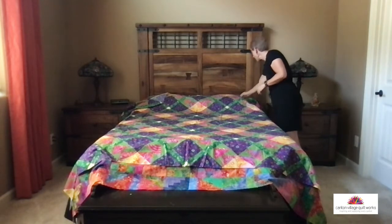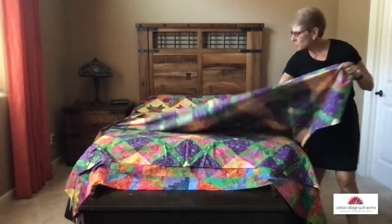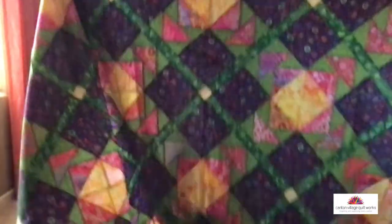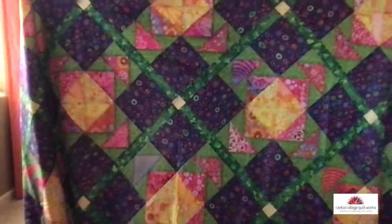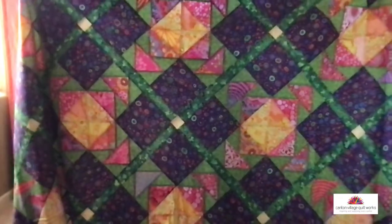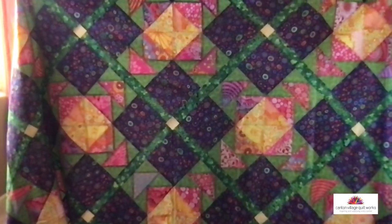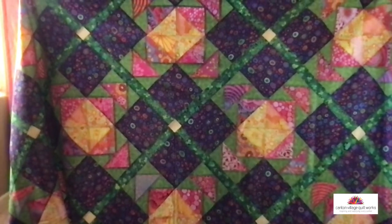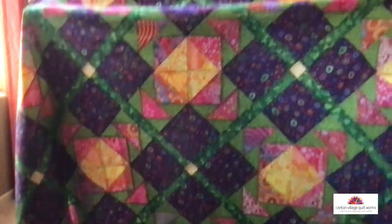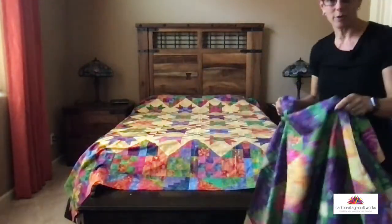This quilt, a lot of you probably saw me making this one. In fact, a lot of you might have made this. This is one of my most popular selling patterns. It's called Island Breeze. And I've done it in so many different versions. This one I did in my K-facet fabrics, and this is what I originally designed it in, although the cover of the pattern is all done in Island Batik fabrics. I had to make it in the K-facet that I originally designed it in because I just loved it. So I have this quilt made up in so many different